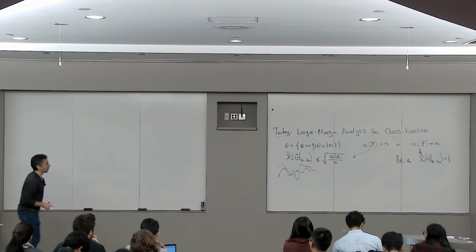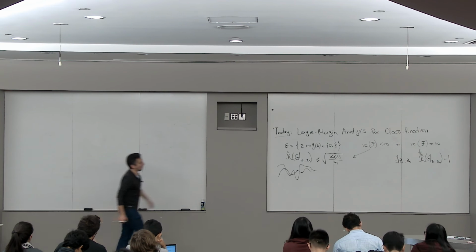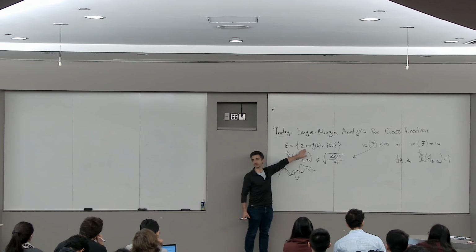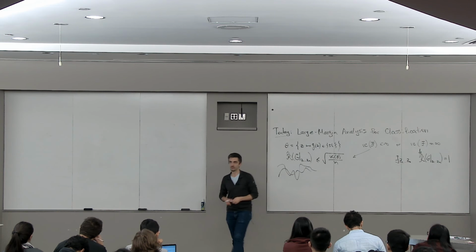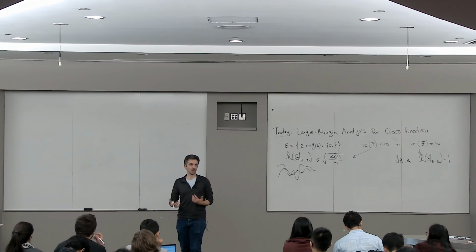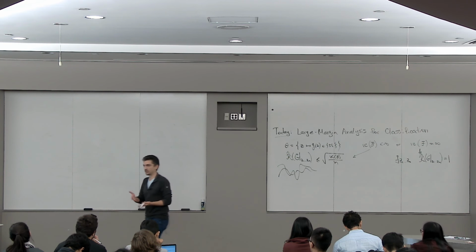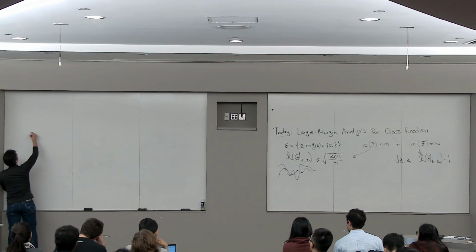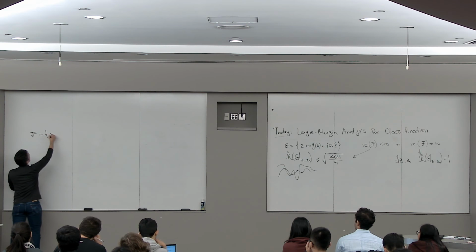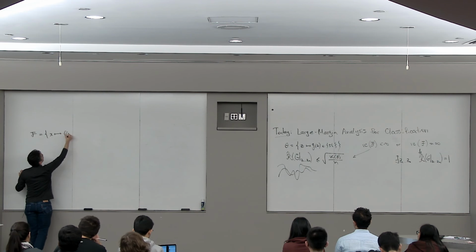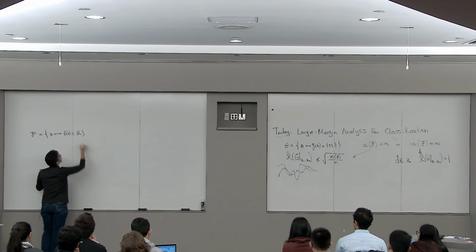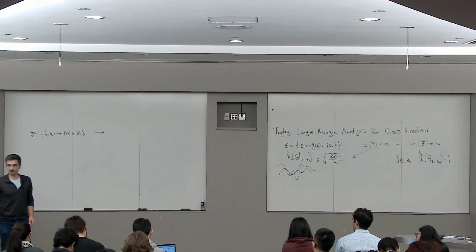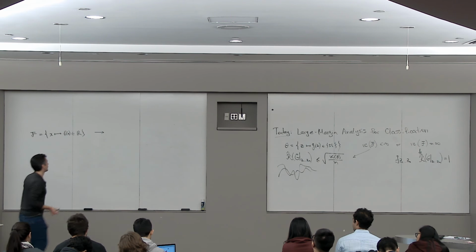Vapnik-Chervonenkis theory. But typically, when you're implementing a classifier, you don't just work with some abstract class of functions which give you binary valued outcomes. It's kind of unwieldy to have a classifier that just directly gives you plus minus ones. What you typically do is you have some class of functions which are real valued, x maps to f of x in the reals, and then this induces a class of classifiers given by the sign, right?